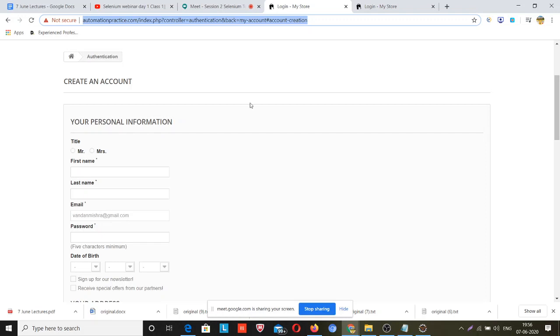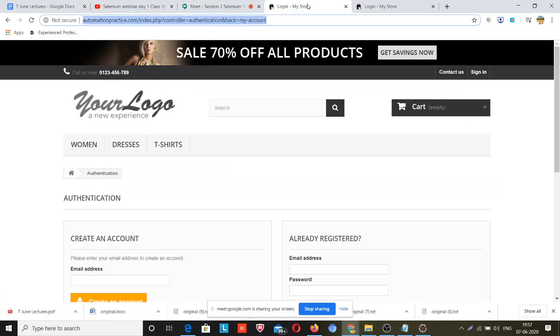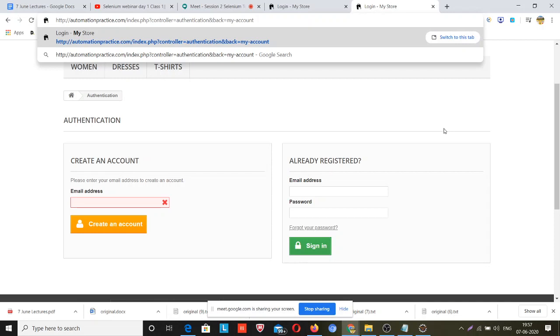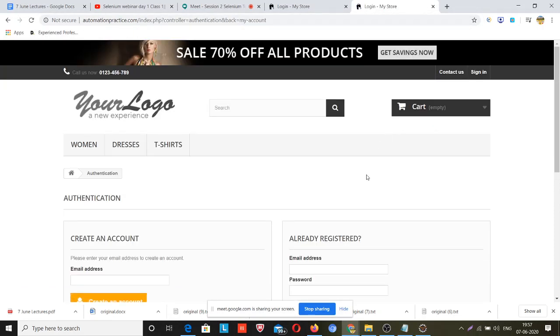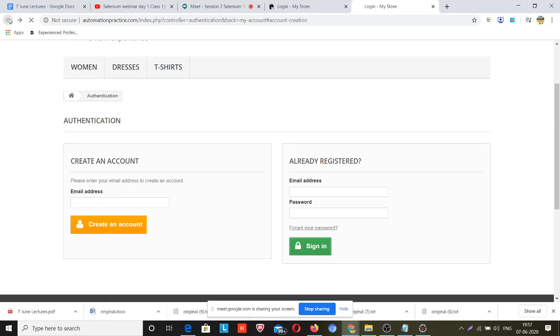So my first step was moving to this URL, but this website has not allowed me to jump directly into this form. That's why I first clicked on this sign in form. Let me see if this sign in form is accessible directly or not, so that I can write my steps manually, and then write a script for that. So this sign in form allows me to come to this URL, but I will start from here.